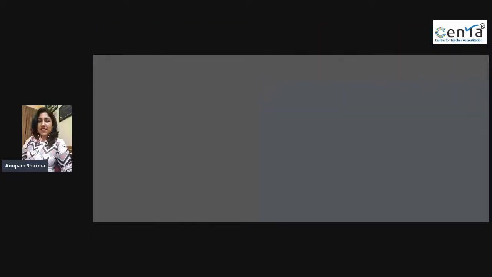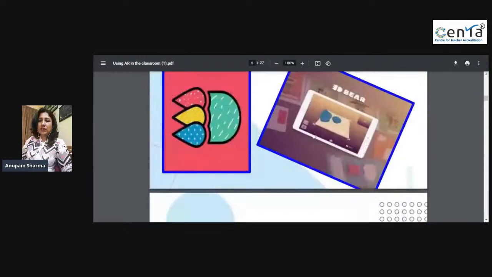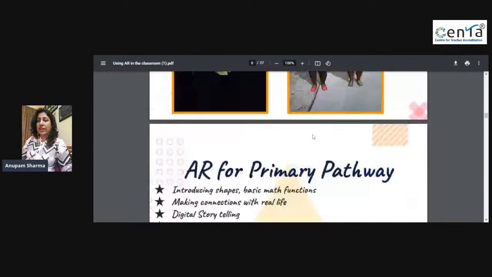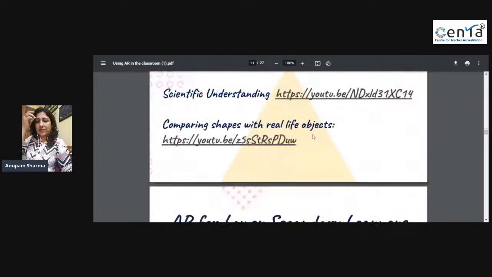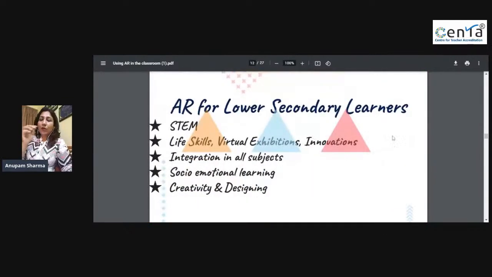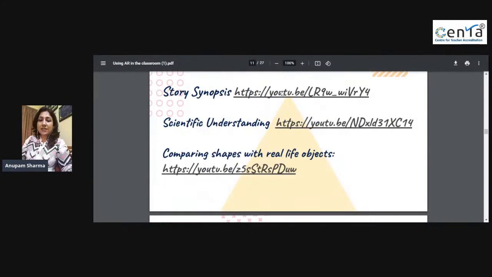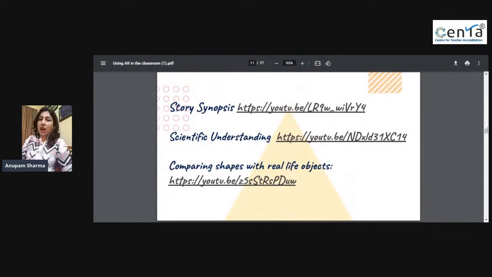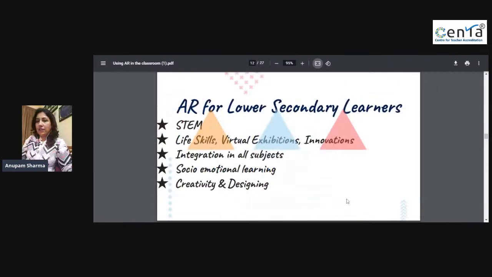So, teachers, you have seen how AR has increased the content understanding of the learners, how it has enhanced the learning about spatial structures and functions, how it has enhanced language associations, and it also improves physical task performance. Now, next slide. Now I'll explain how you can use this for your lower secondary learners, how they can